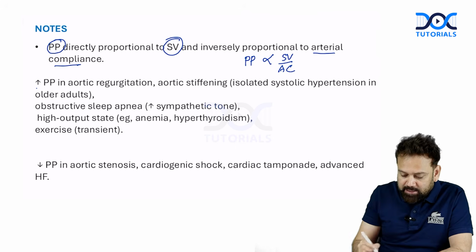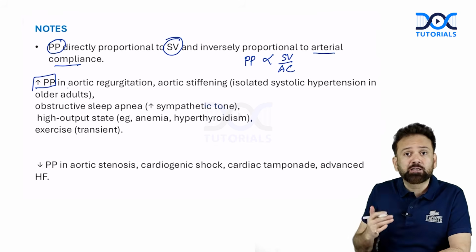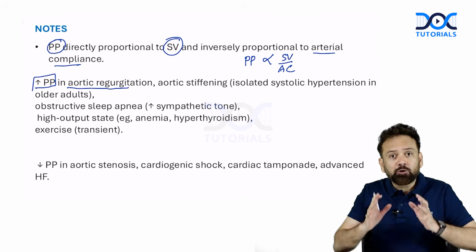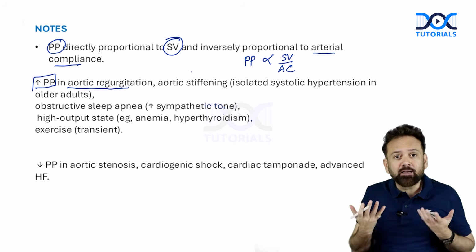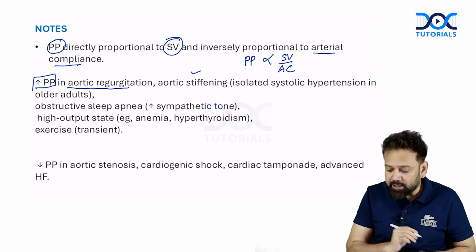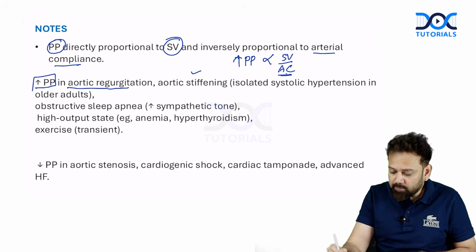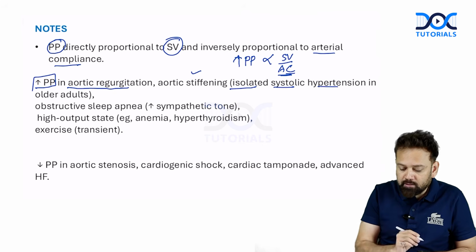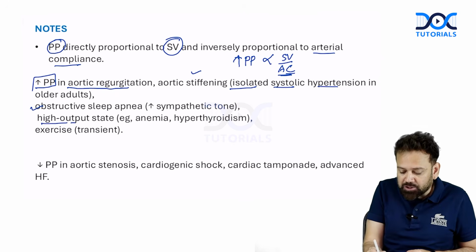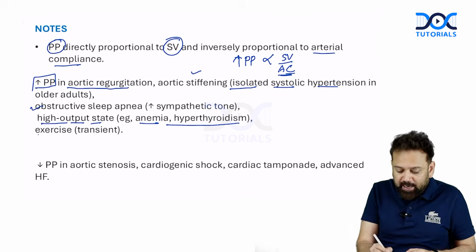For example, they can ask you about an increase in the pulse pressure. So in all those conditions, either they have increased stroke volume or they have less aortic compliance, like aortic regurgitation. If aortic regurgitation is there, blood will go back into the ventricle, stroke volume will increase and diastolic volume will increase. So they will increase pulse pressure. Aortic stiffening. Why? Because aortic stiffening is decreasing the compliance. So this will again increase the pulse pressure. Isolated systolic hypertension in the older adult. Obstructive sleep apnea will increase the sympathetic tone. High output states like anemia, hyperthyroid, they are going to increase stroke volume, so increase pulse pressure, and exercise will